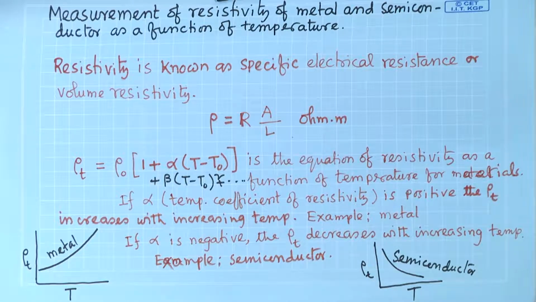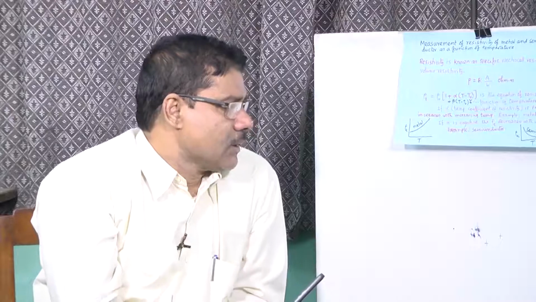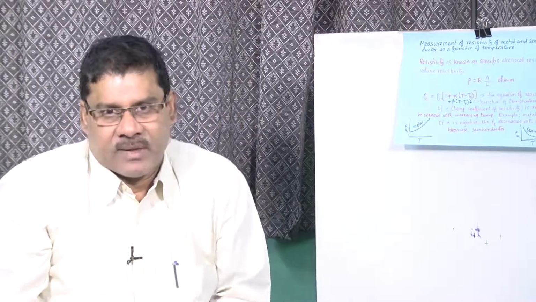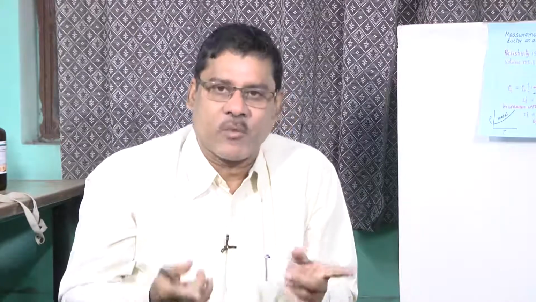inherent phenomena of the resistivity of metal and semiconductor, and one can distinguish them seeing the response to the temperature. Okay. So, now question is that in case of metal, resistivity or resistance of the sample increases with temperature, and for semiconductor it decreases with the temperature. Okay. So, why do we see this opposite phenomena?